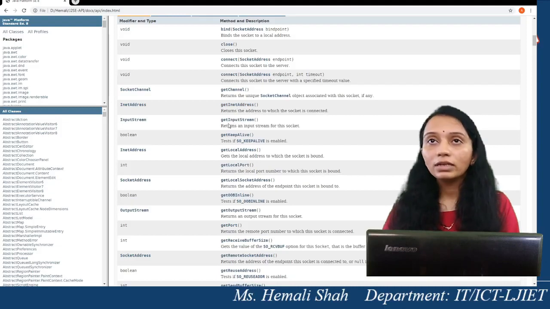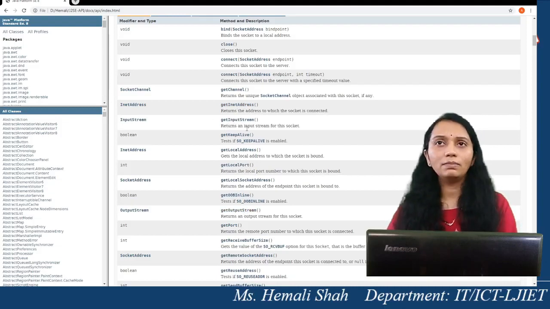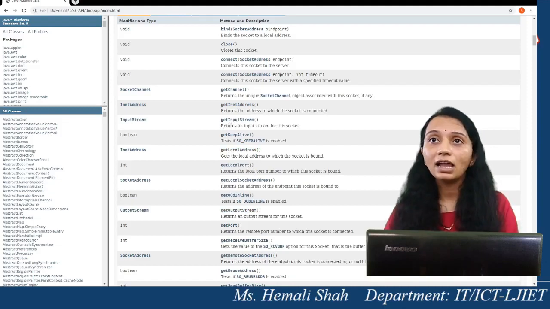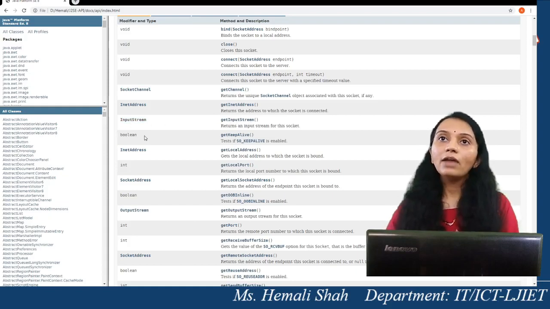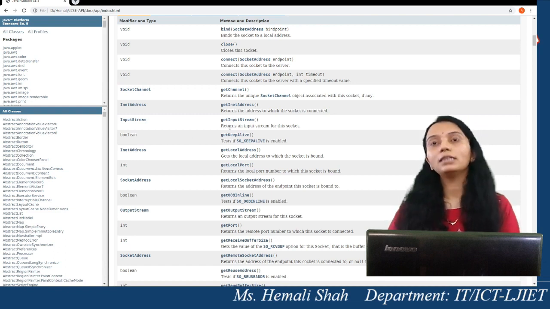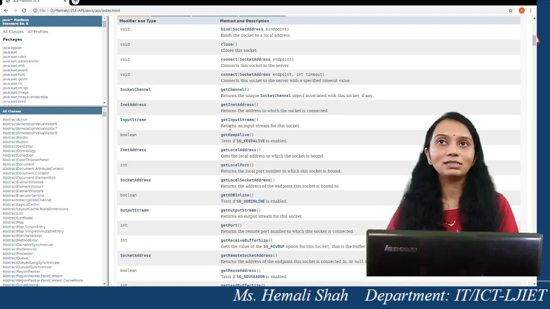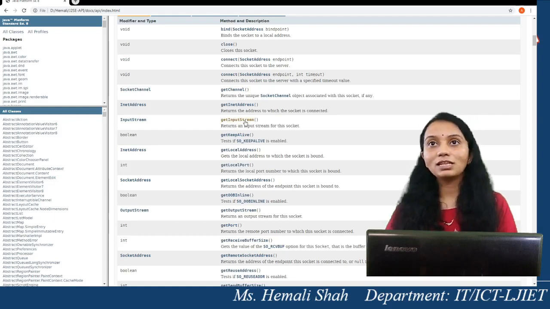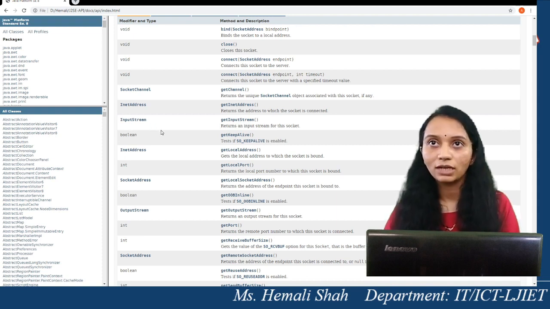Now, a very important function. Many functions are available, but an important one is getInputStream, which returns the input stream. When I taught you IO programming, I already told you that you can read data from the socket. Socket means a connection established with another machine. So you can read data from the networked machine, and this reference you can get by calling the function getInputStream. This returns the input stream object.